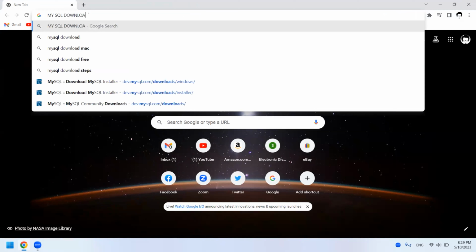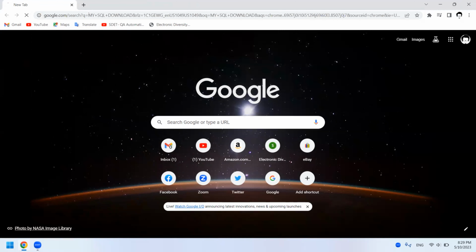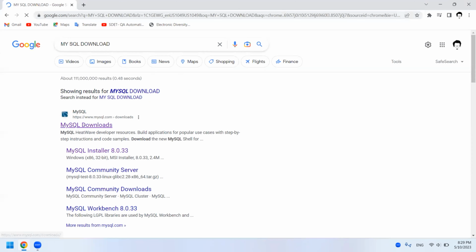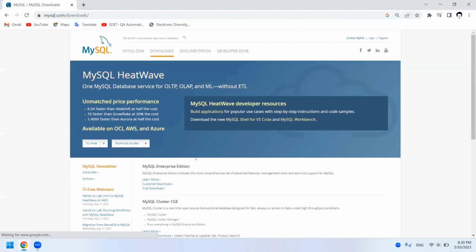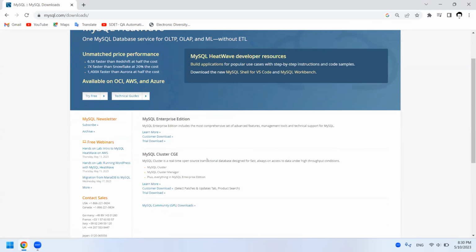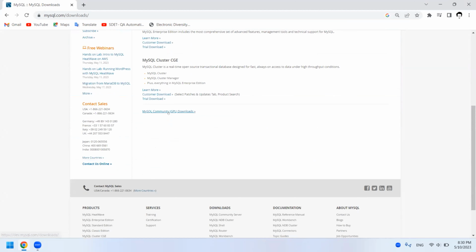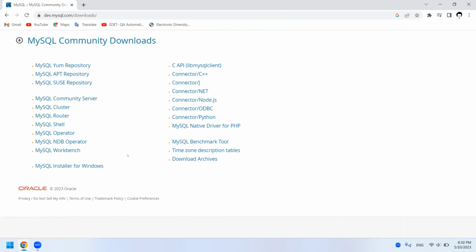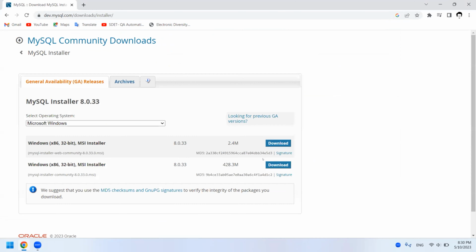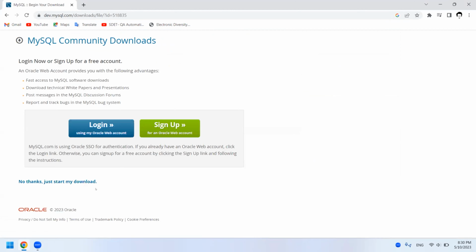Yeah. Hit the enter. Click on first option. That's cool. Now scroll a little bit down. Click on MySQL community. Now MySQL installer for Windows. Click on that. Now your duty is to download the